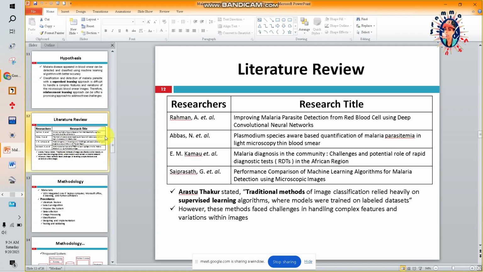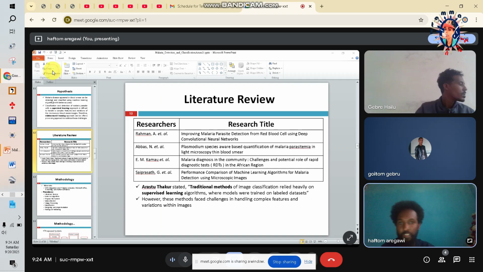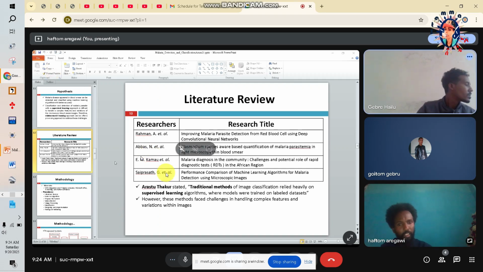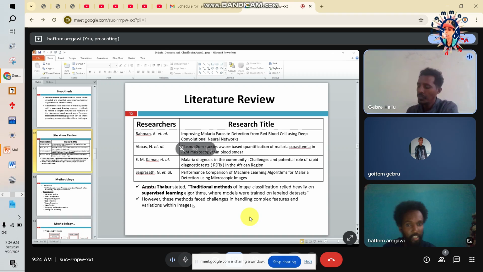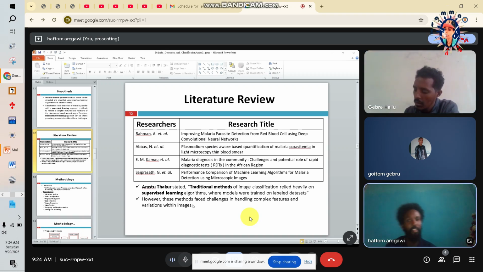Okay, in the literature review, we have seen different theoretical concepts and different related works. As Arastu Thakur stated, traditional methods of image classification relied heavily on supervised learning algorithms, where models were trained on large